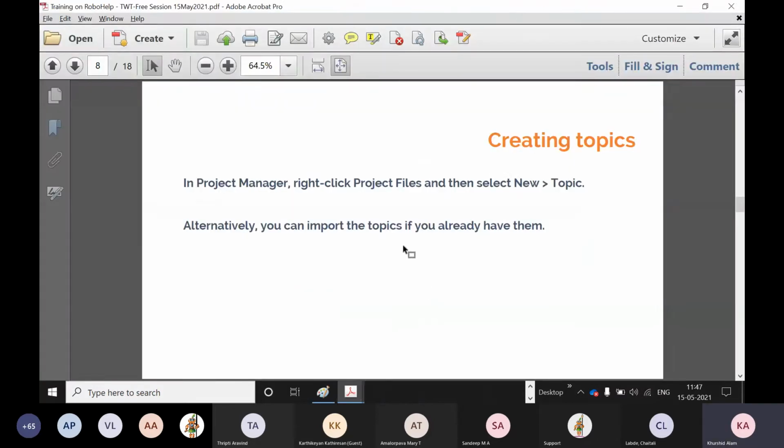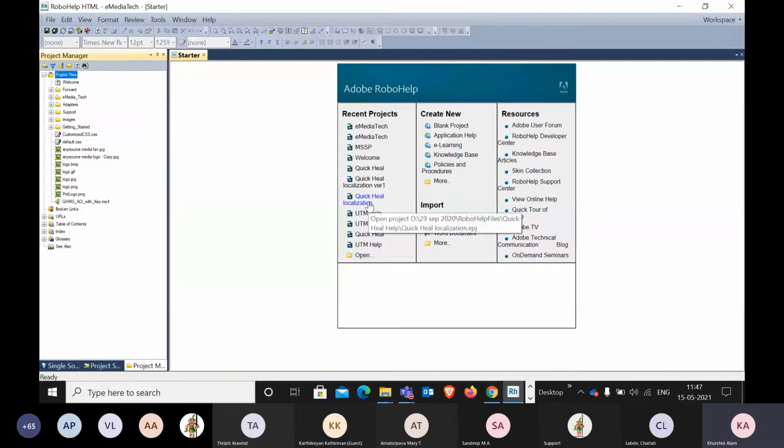OK, so this was about how to create a project topic. At the same time, if you have topics, for example, this also may be the case, that you have already written some pages and you are going to create a new project, but the product itself, the software on which you are working, may be similar.